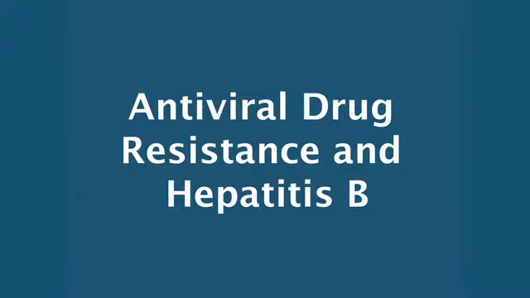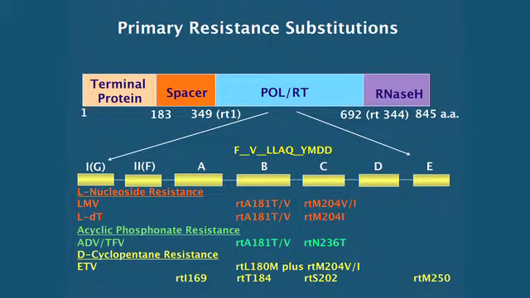Let's now consider antiviral drug resistance and hepatitis B. What I've shown on the next slide are the primary resistance substitutions that we see for the 5 approved therapies in chronic hepatitis B. Here we have the L-nucleosides lamivudine and telbivudine, acyclic phosphonates, adefovir and tenofovir, and the D-cyclopentane and entecavir. And I've stylized the HBV polymerase as a linear diagram with the polymerase RT region shown for